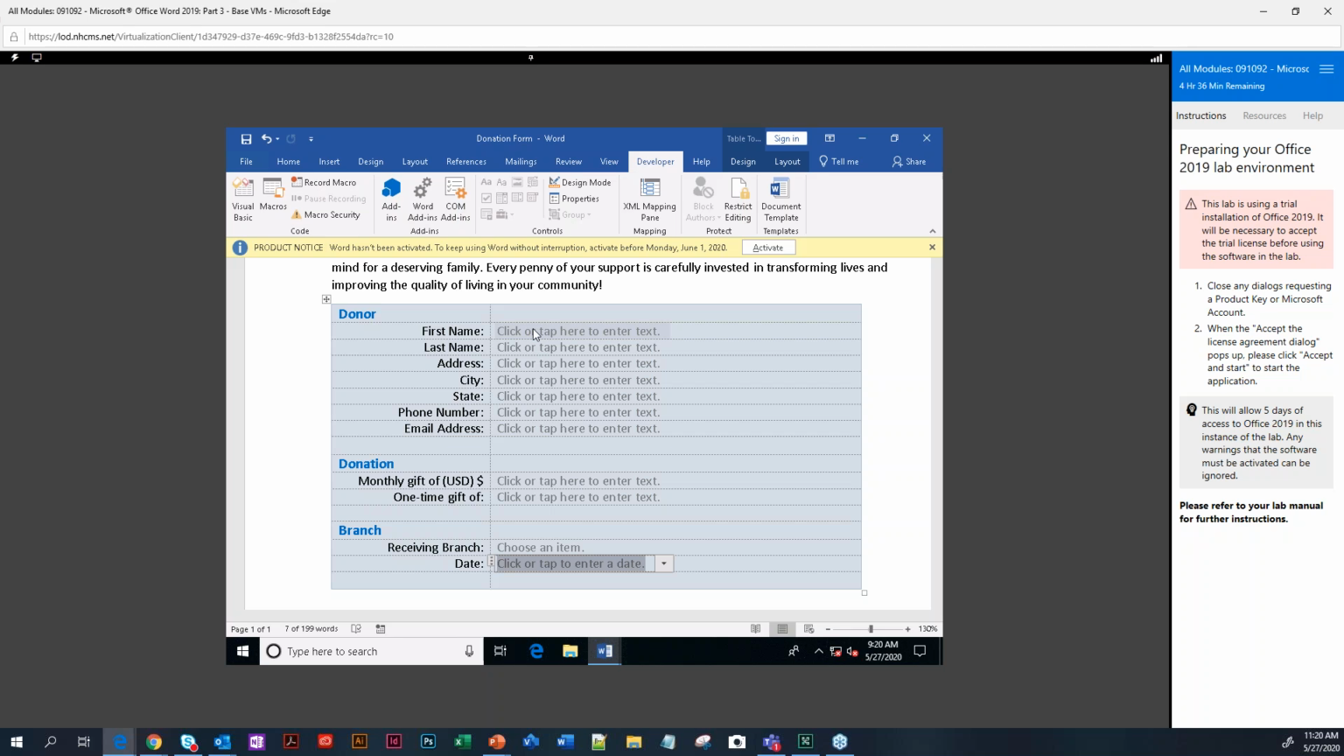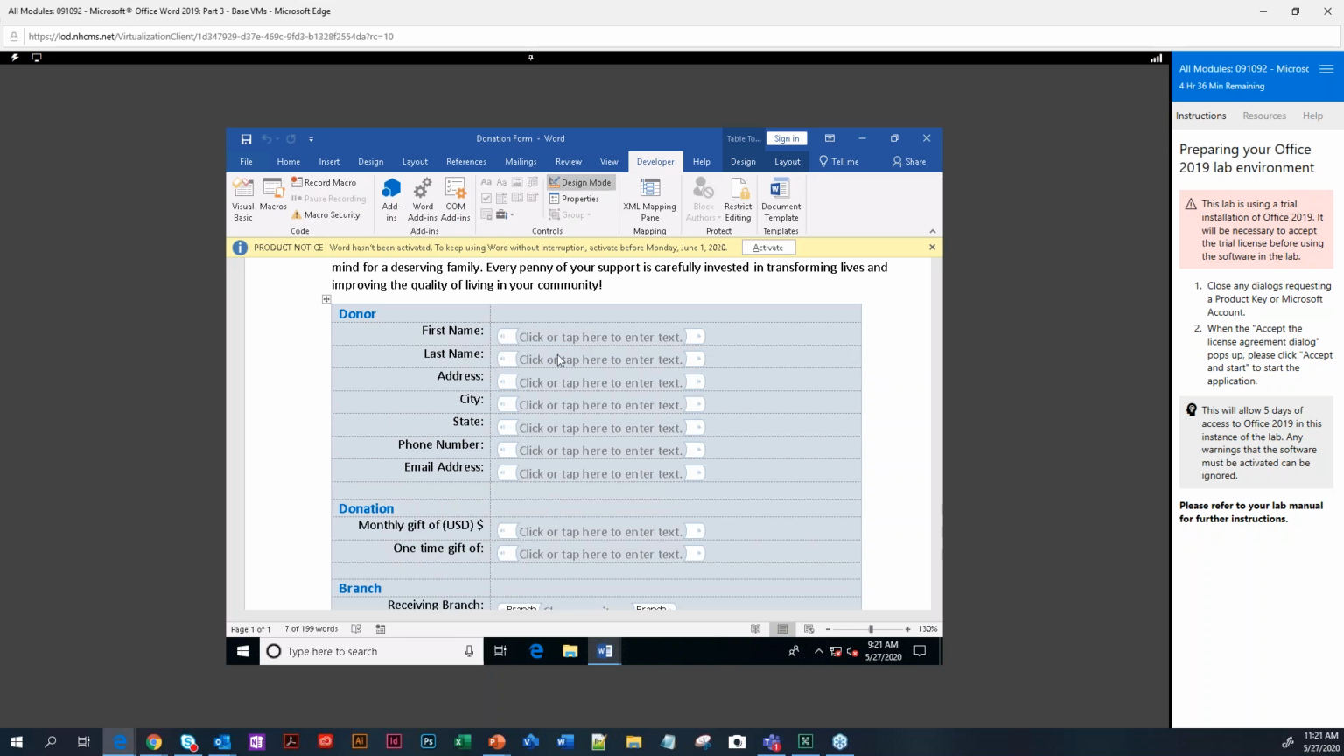To do that, I have to enter what's called my design mode. So in my controls group, I want to choose design mode. Now I can actually click inside of this placeholder text and type whatever I want. So I'm going to start by selecting the click or tap here to enter text for first name. Again, I want to be careful that I just select the text inside. And then I'm going to type, I want to see first name